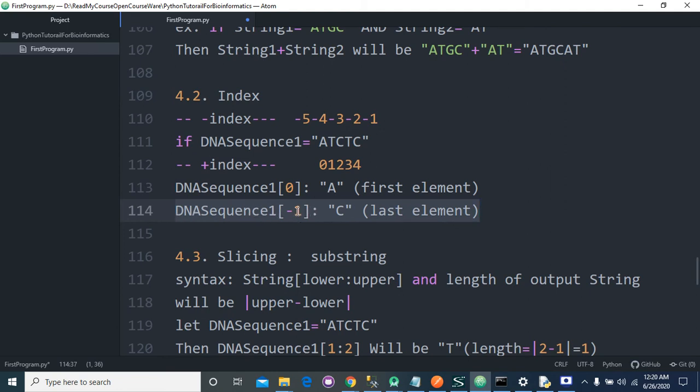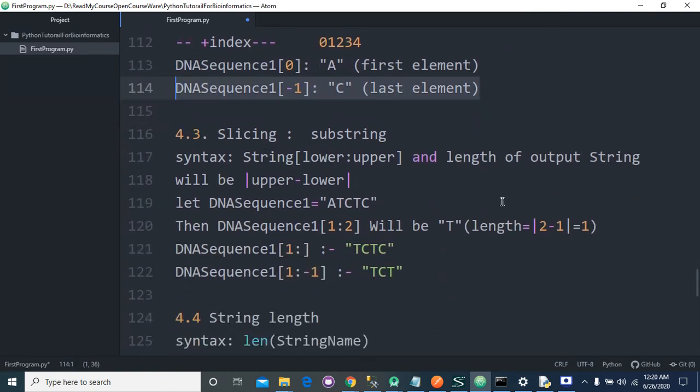Then DNA sequence 1 of -1 is basically C. So if you want to calculate the first element of any DNA sequence, we will use this code. And if you want to find the last base of any sequence, we will use this code.